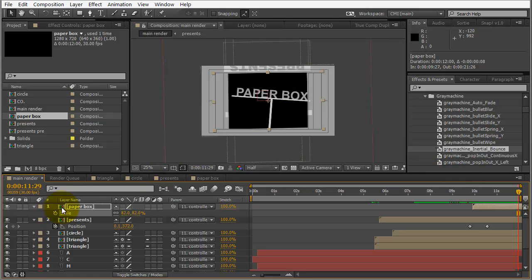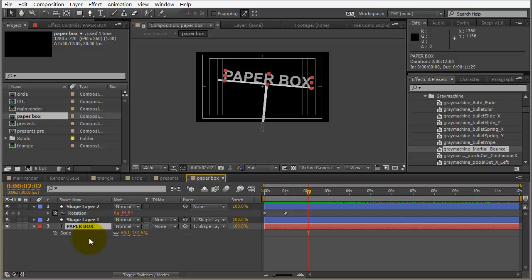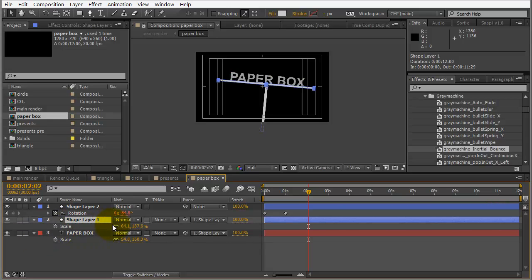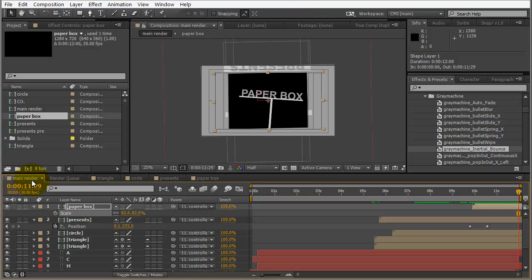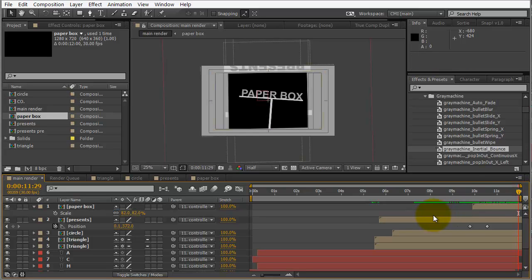Okay, and let's go back to paper box here. On our text, let's go ahead and scale that down a bit. And this shape layer here, let's scale it down just along the x-axis. Let's jump back to main render. Okay, good. At this point, once we're happy with our animation, we can go ahead and export this as a